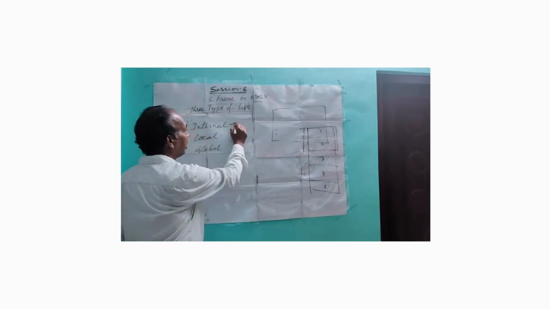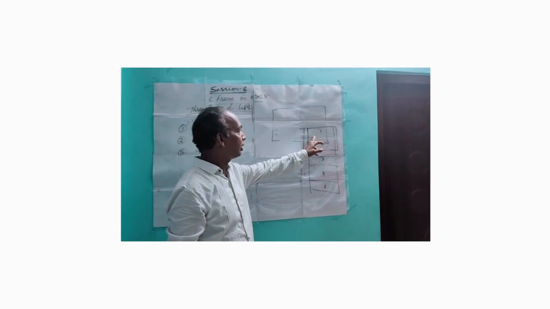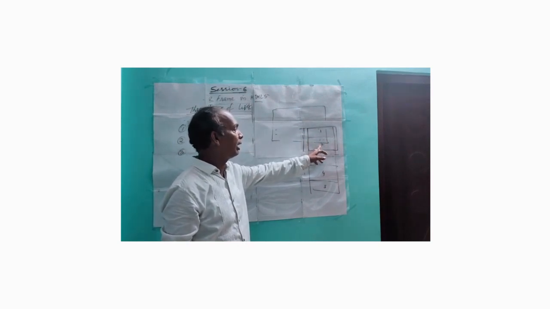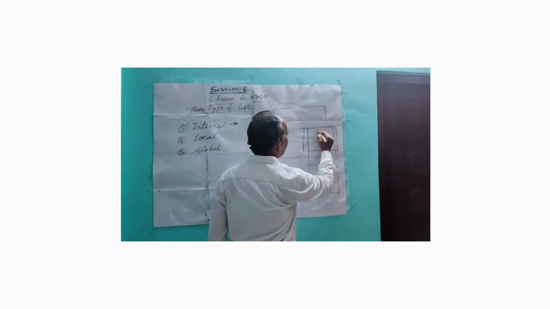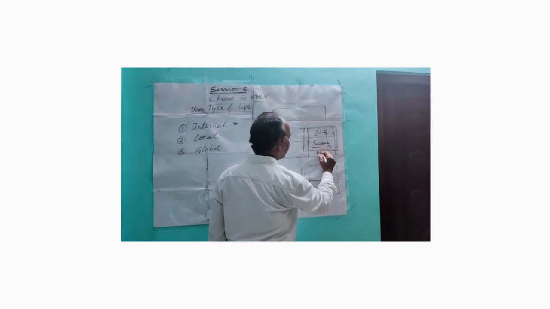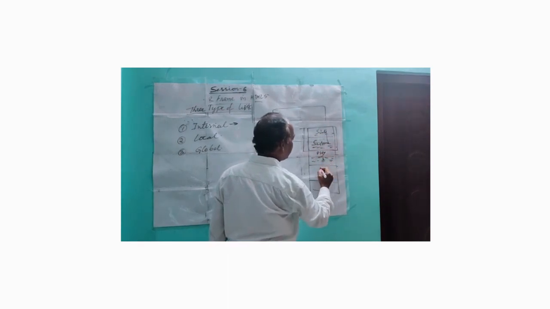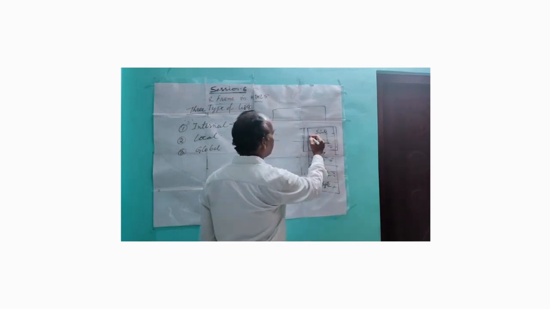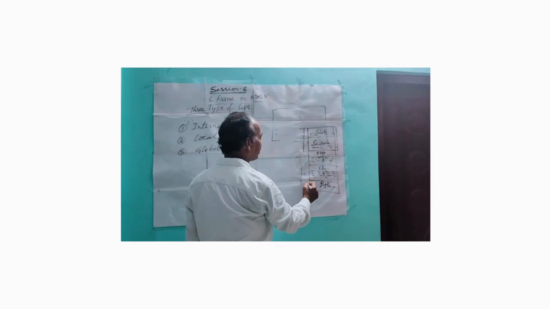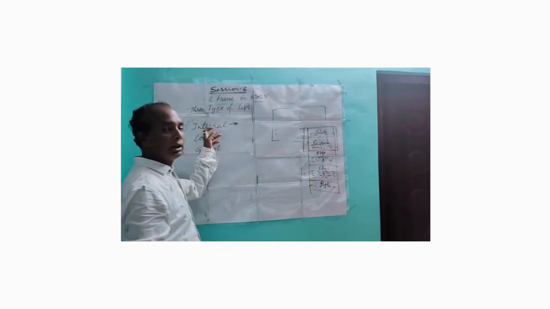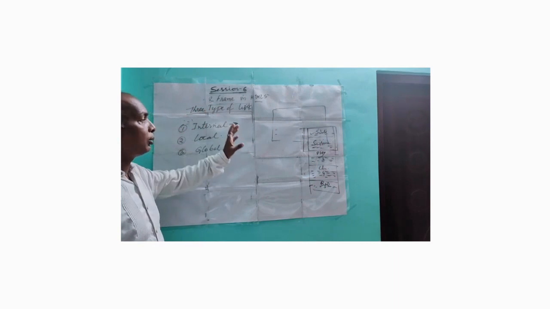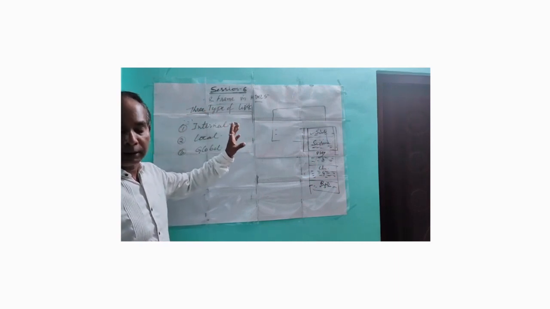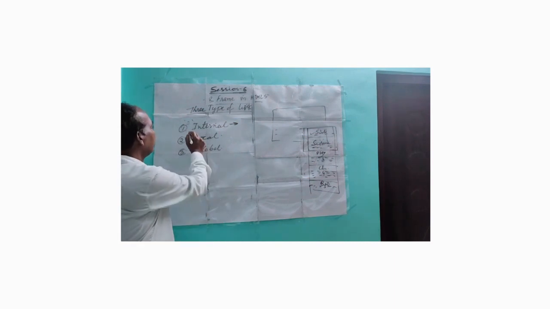That means, I repeat again, suppose you are working on your screen, on page number 1 and page number 2 there are some topics. Suppose this one is about science, here is physics, chemistry, for example, and this one is bio. So if you want to directly jump from science to bio, in that case we have to use the internal link. It means a link within the same document. That is called an internal link.